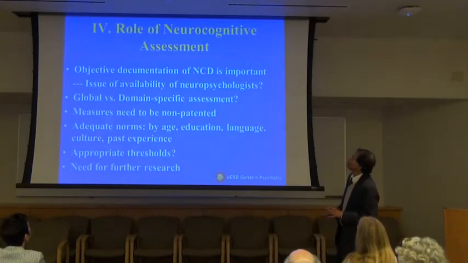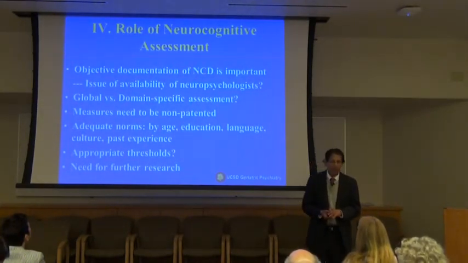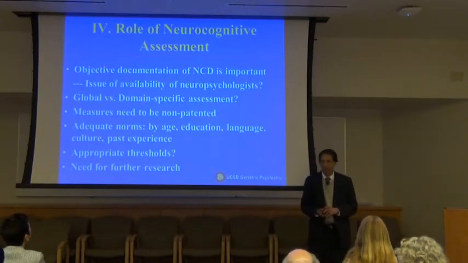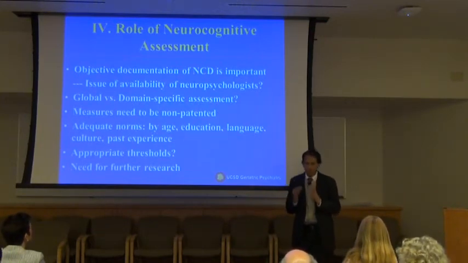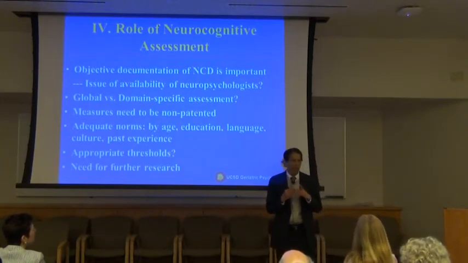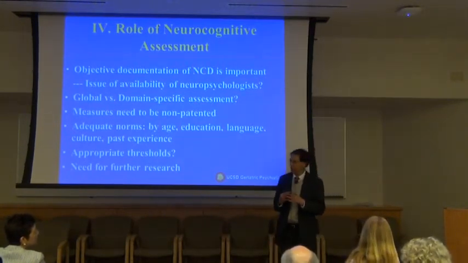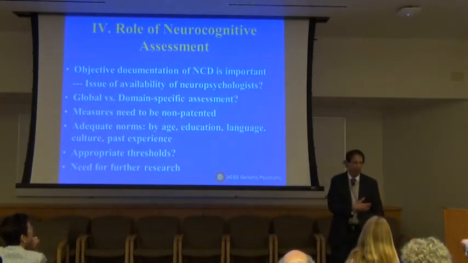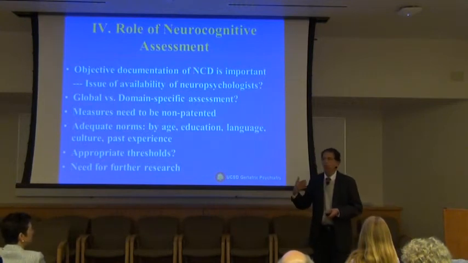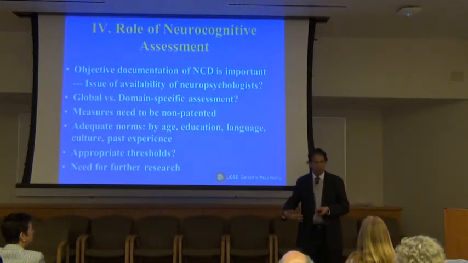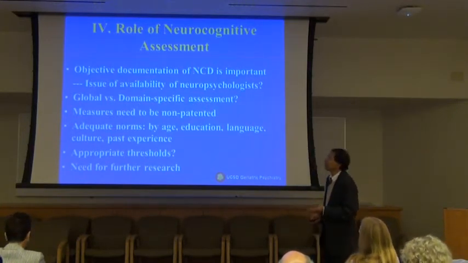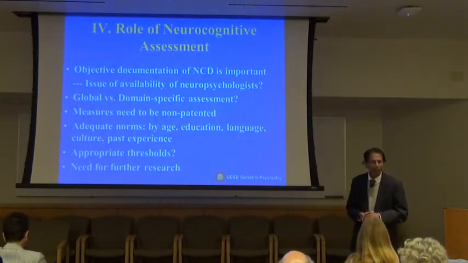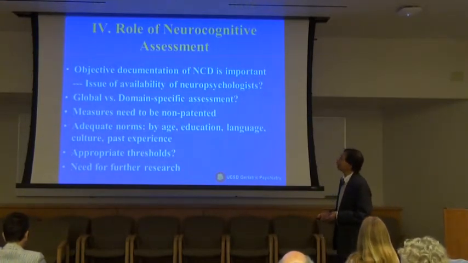And then lastly, neurocognitive assessment. Again, people came to blows over this. The neuropsychologists appropriately thought that we must have mandatory neuropsychological testing. How could you diagnose mild neurocognitive disorder without neuropsychological testing? For example, to diagnose mild hypertension, we have to have blood pressure, right? We have to have blood glucose for early diabetes. And here, for once, we have something. That's not true for schizophrenia or depression, but here we have neurocognitive testing. Why don't we use that? Well, this is an example of when idealism runs into reality.